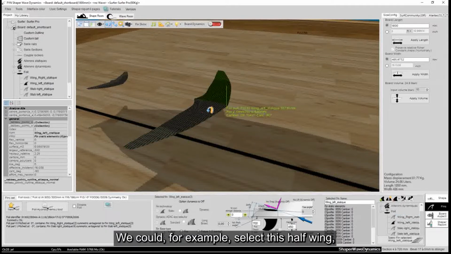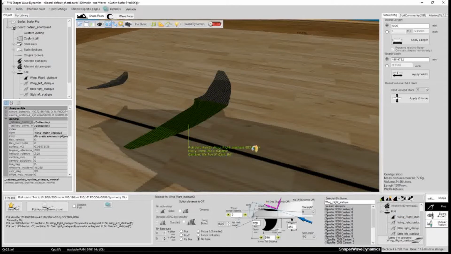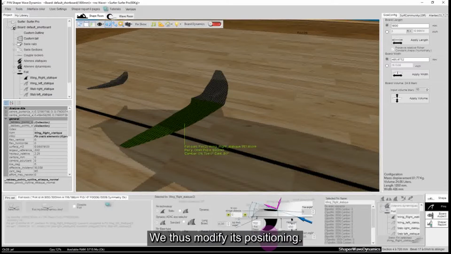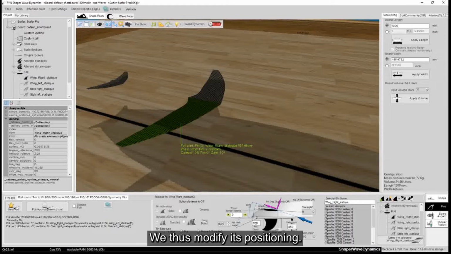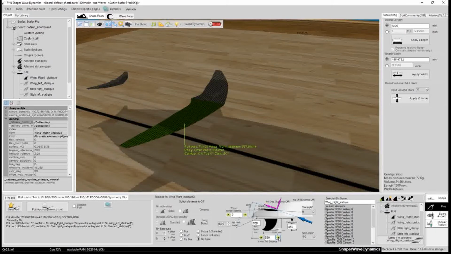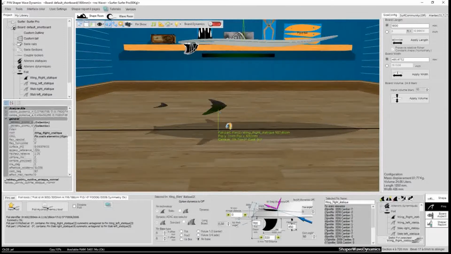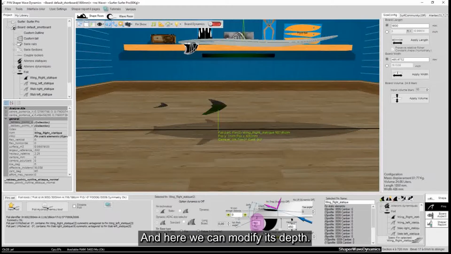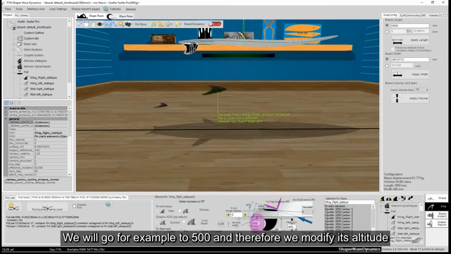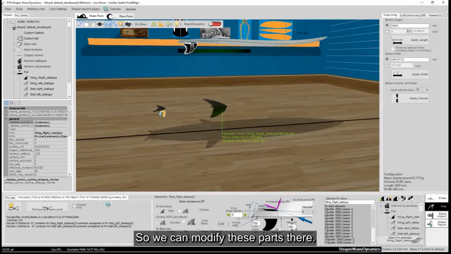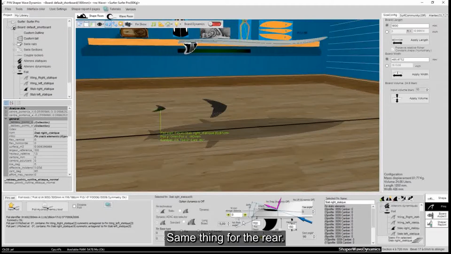We could, for example, select this half wing, and modify its distance from the tail. We thus modify its positioning. And here we can modify its depth. We will go for example to 500, and therefore we modify its altitude. I leave it at 700, so we can modify these parts there. Same thing for the rear. So we can select and modify different elements.